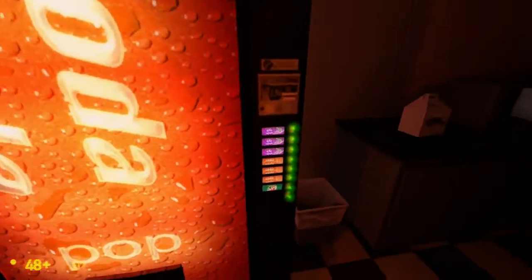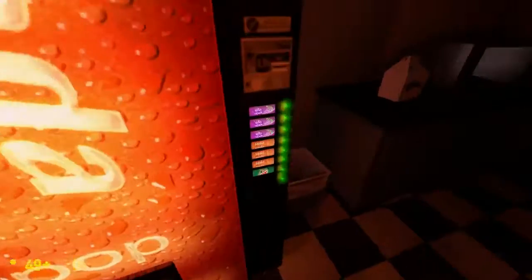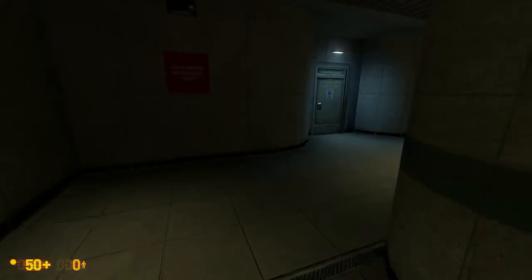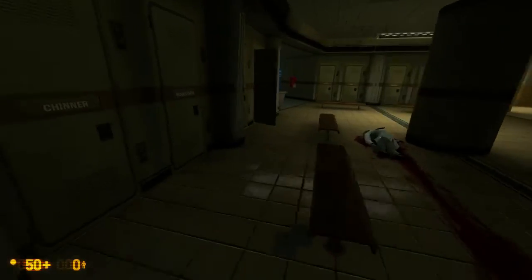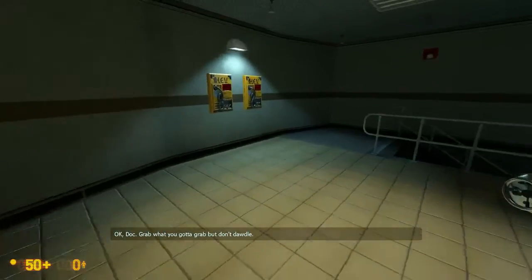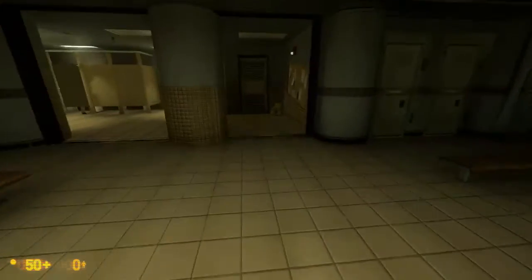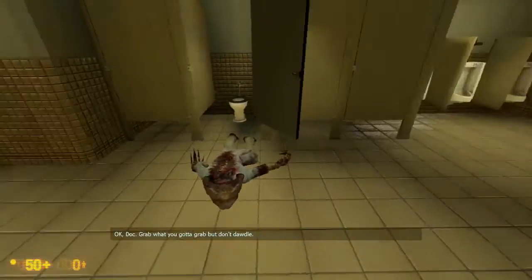Fine. Let's get a drink. You used to be able to use these machines. Okay, fine, we'll go on into here, which is full of awful things. Yeah, a crowbar would be nice, but I can't remember where it is. In base game, you get it an awful lot earlier. Oh god, there's a...